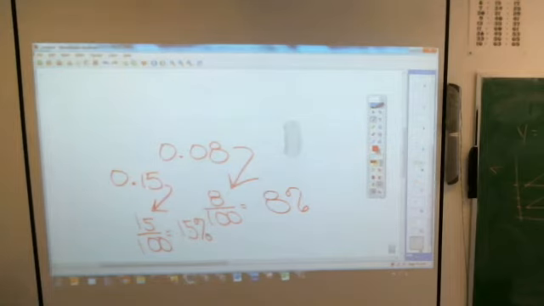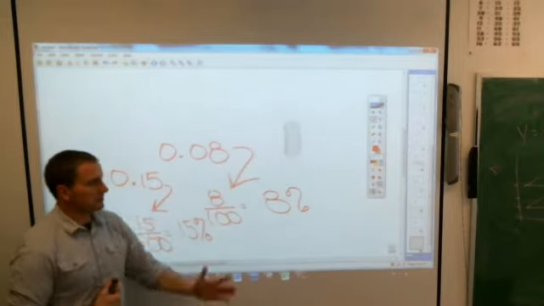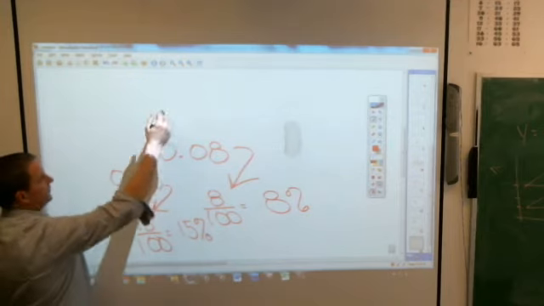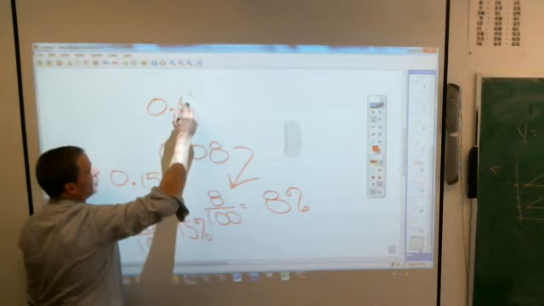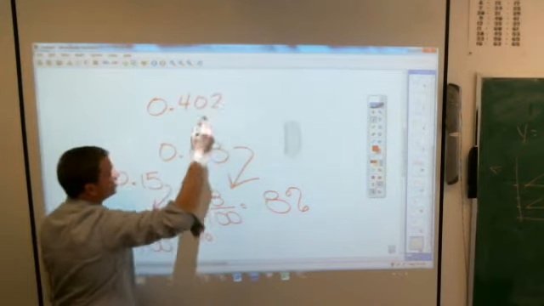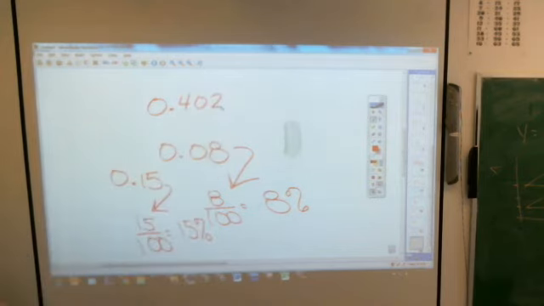Is there anything that you see as a pattern, Madison? It's just the number that's behind the decimal. That's in the place. Yeah, but you have to be careful with that. These are the same digits. You just have to be careful, because what if I gave you this, Madison? 0.402. Is that 402%? No, it's